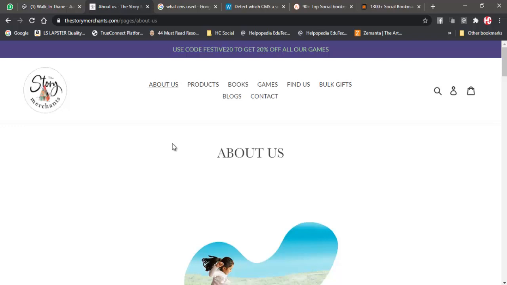I mean, if you have your own server, and you are hosting your website over there, then you can have your own email addresses and everything, all the things are possible, and you can use it the way you want. Because in Shopify I don't think you have much customization available. That is the only thing.